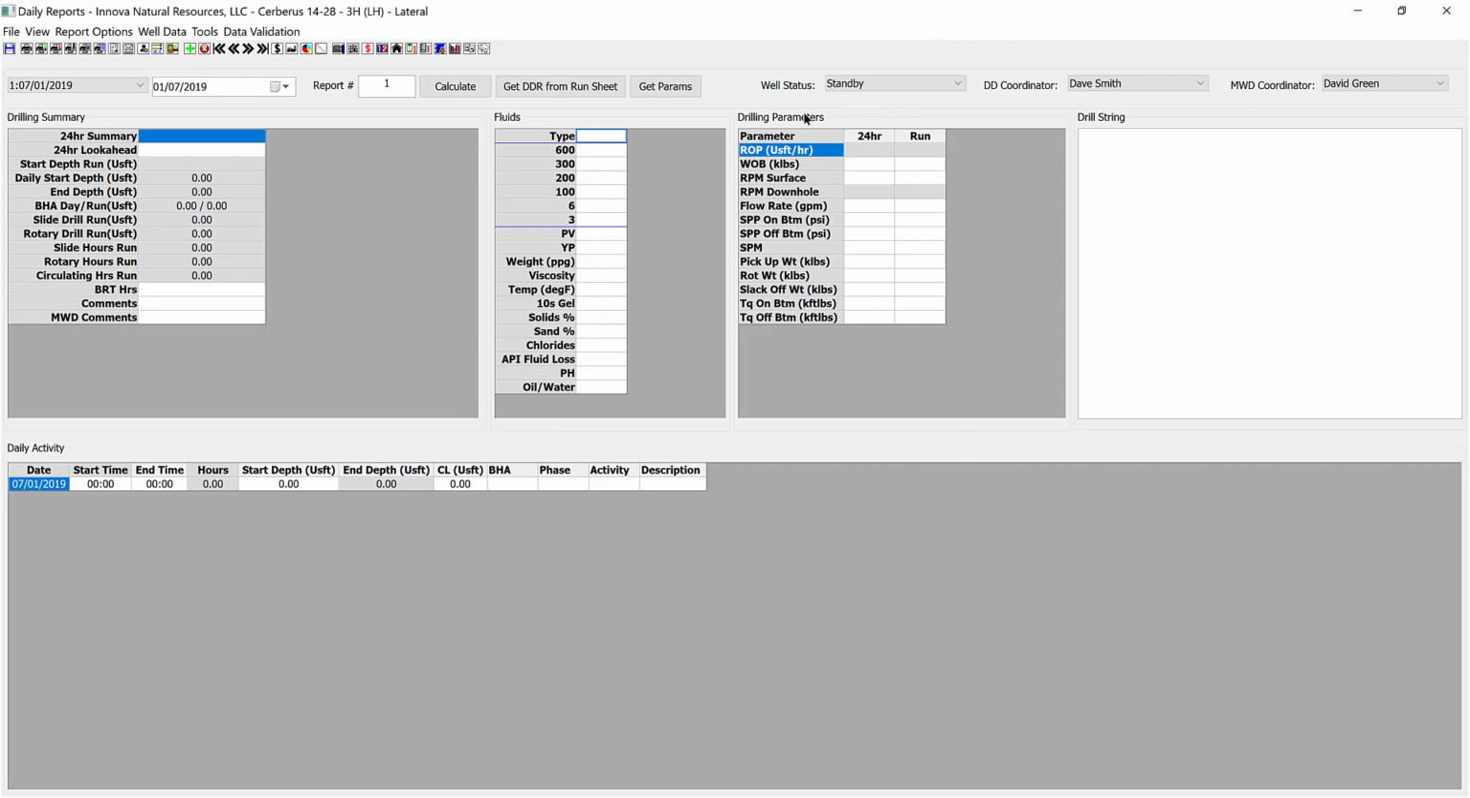And the drilling parameters I'll show you later. We won't actually fill this in manually at all. We will use our slide sheet data to populate that. So at this stage, the daily activity is the only thing that we really need to pull in manually. And so we've arrived on location,